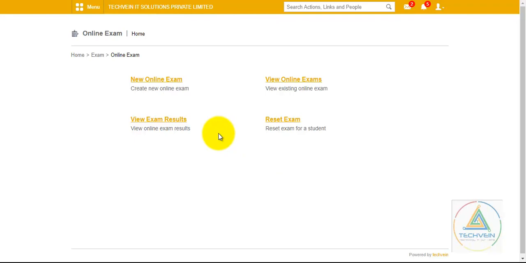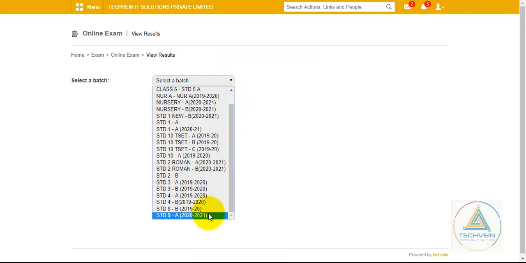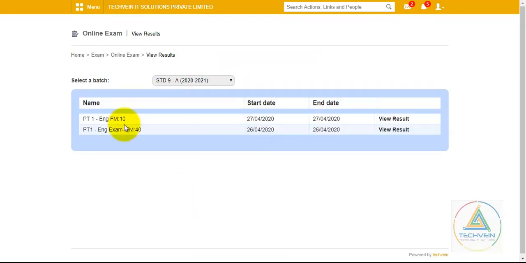From here, the teachers can view the exam result by just clicking on view exam result, selecting the batch for whom they want to see the result, and the exam. If the 27th exam has finished and now they want to view the result, simply they need to click the view result option.